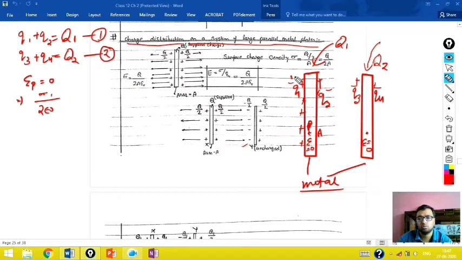Due to this q1 charge sigma 1, and plus due to this q2 charge electric field will be in the opposite direction. So I will write minus sigma 2 upon 2 epsilon naught, and due to this q3 also electric field will be in the opposite direction. I am considering all charges positive. If any charge is negative, that will come out as a result. Sigma 3 upon 2 epsilon naught minus sigma 4 upon 2 epsilon naught.